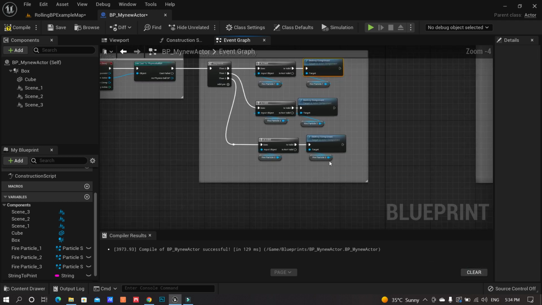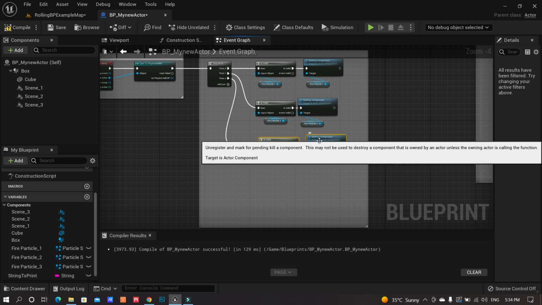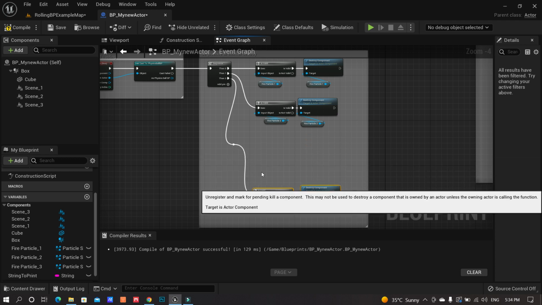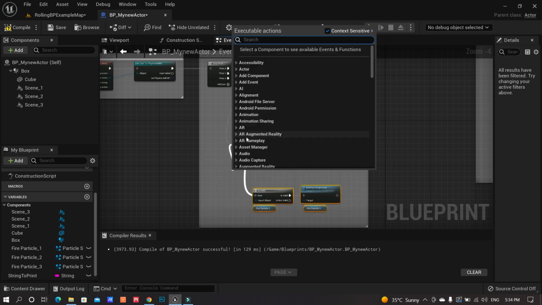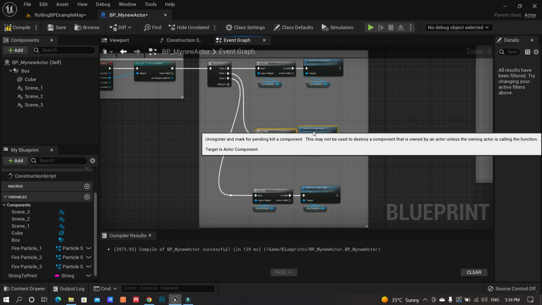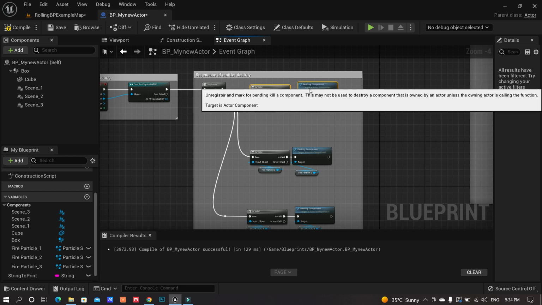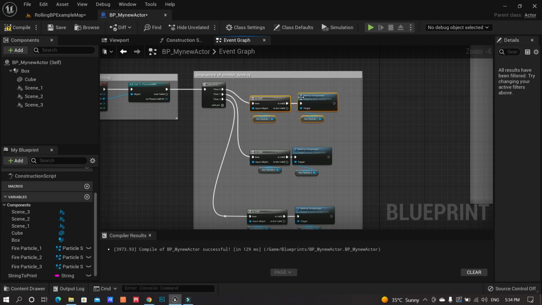I don't know why I'm not moving a lot, so let me make more space. Let's bring it here, and select the node, and bring it here. I will select all of these, this one, this one, this one, this and this,